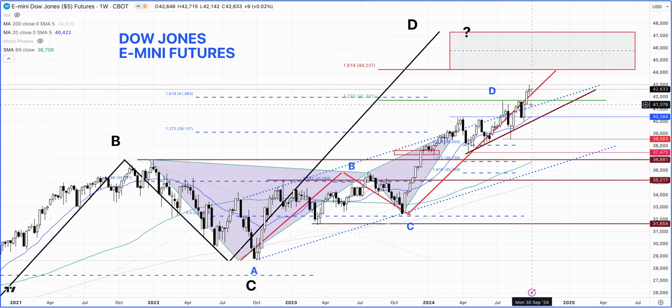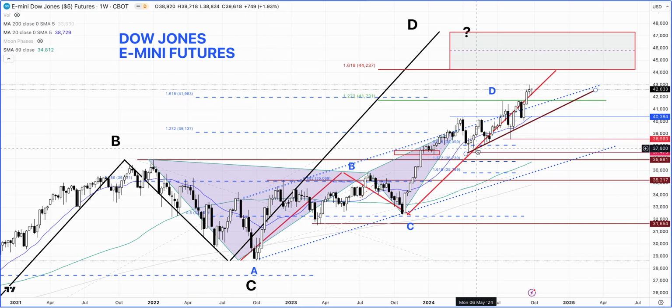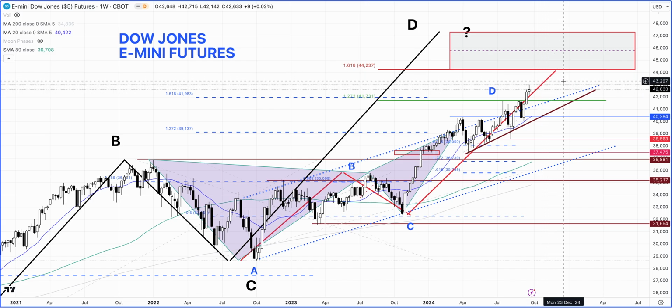But trading range behavior again past week, pretty much similar to what we saw in the NASDAQ futures, but of course a little bit different pattern, because it is not being capped by the 78.6% retracement. It remains pretty strong, in fact, because of being above the 1.618 expansion of this BC swing. So maybe slowly but surely it could actually creep higher, as well as the S&P 500 also begins to move higher.